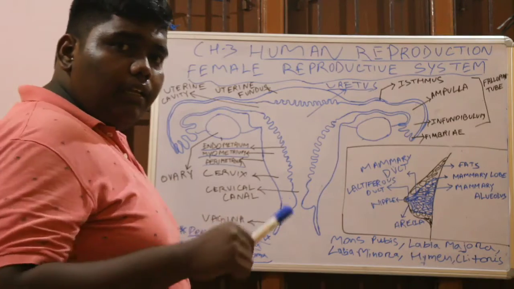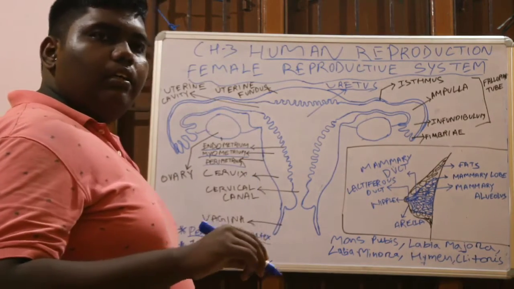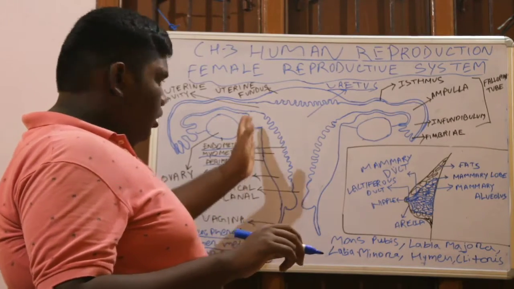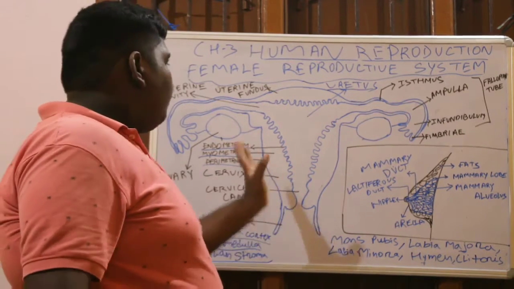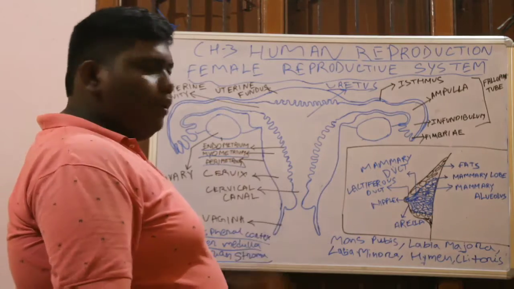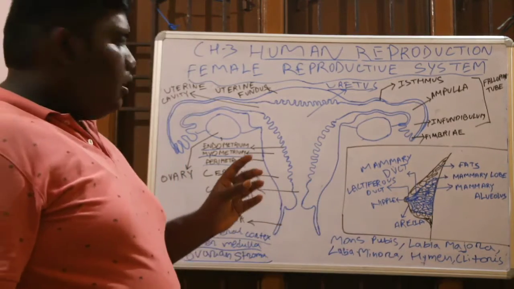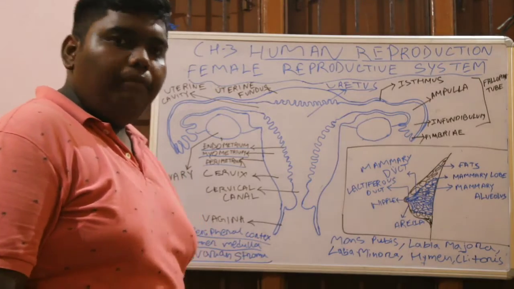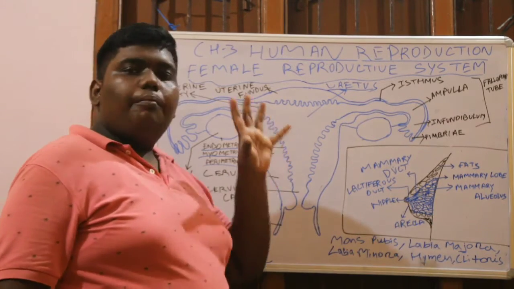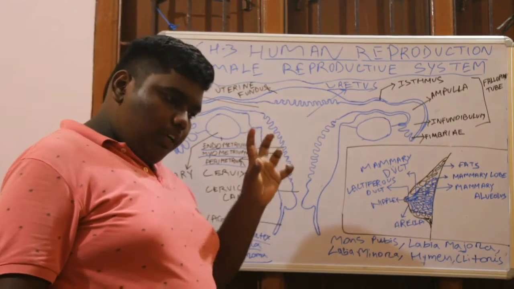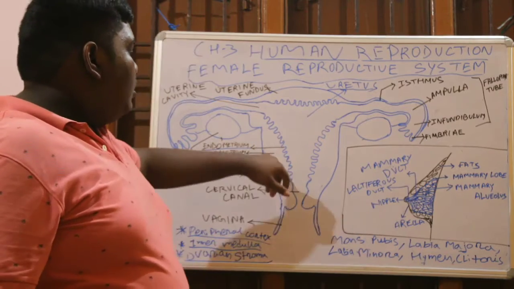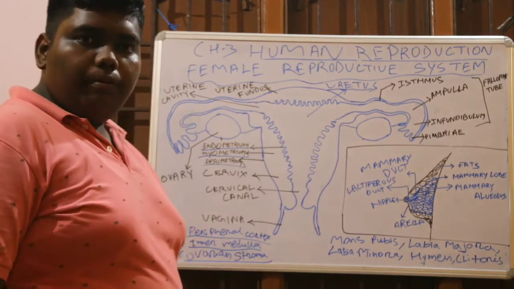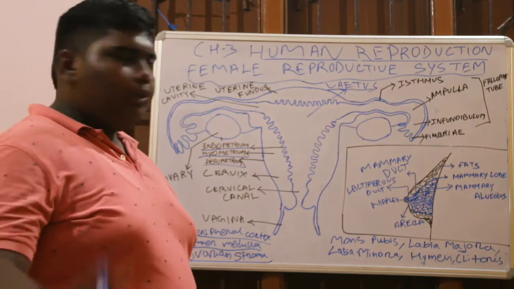Perimetrium is a thin membrane-like layer that forms the outer part of the uterus, and the myometrium is made up of muscles. Those help during childbirth. These myometrium muscles contract extremely, which causes the pain. They contract so that the developed child can take birth.